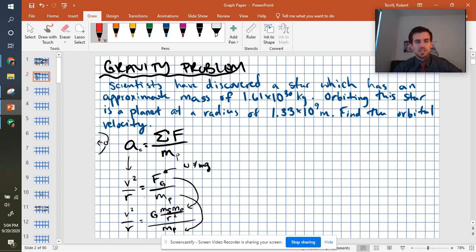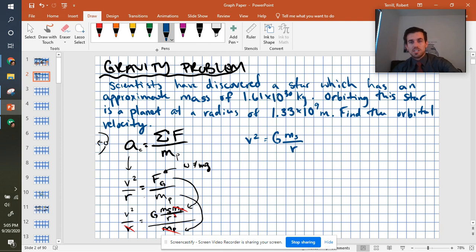From this step, there are several things that are going to cancel for us. We have a mass of the planet in the numerator and a mass of the planet in the denominator, so they'll cancel. Now you can see that r is in the denominator on this side, and it's not the radius of the planet, but the distance, the radius of the orbit, the distance between the planet and the star. It's also in the denominator there. So I can cancel only one r. I can't cancel both of them, but I can get rid of that r and one of the r's there. Going to our next step, I'm going to change colors so we can hopefully keep this a little more organized looking. We find that the velocity squared is equal to G times the mass of the star all